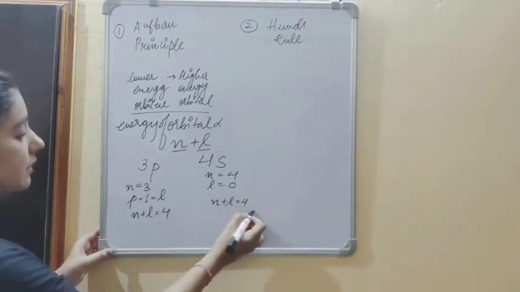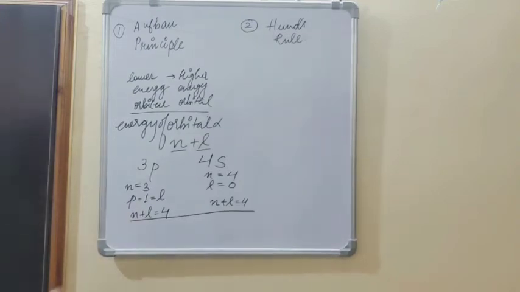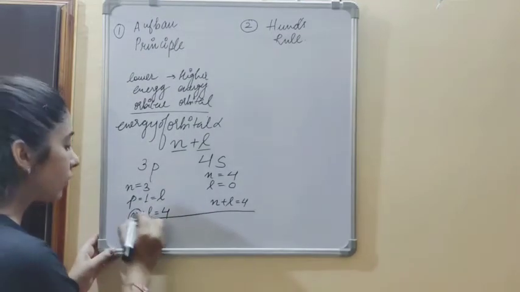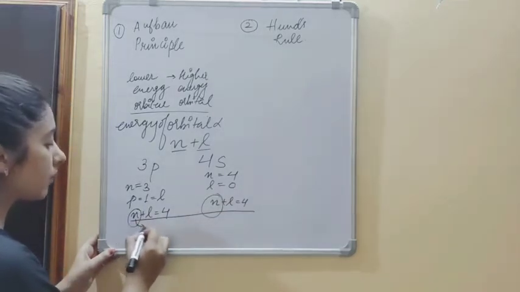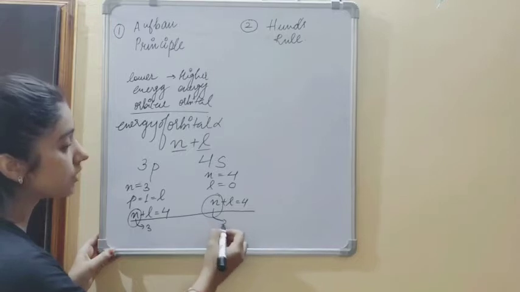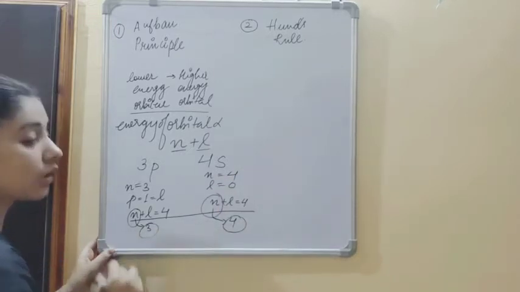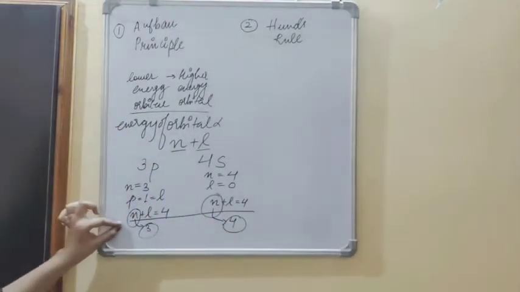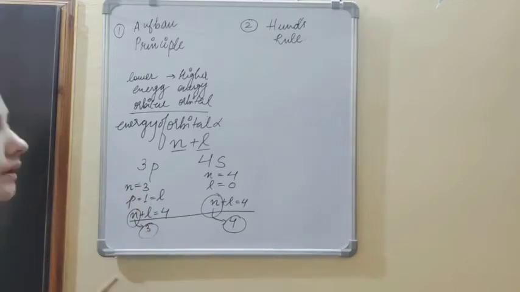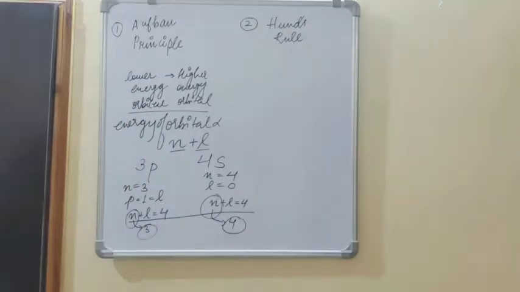So on which basis are we going to compare the energy of the orbitals? In this type of case we take the principal quantum number. Here the principal quantum number is 3 and in the other case it is 4. The lower one is n equals 3. So the electron will fill the 3p orbitals first because it is the lower energy level.